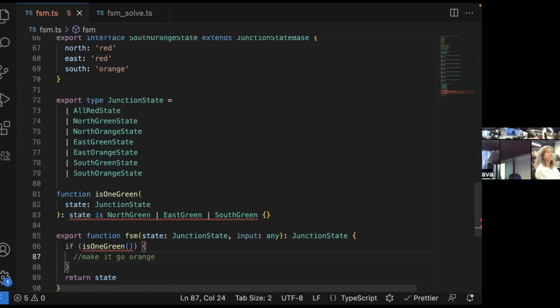Because what mocks do we need to test this? None. Who loves mocks? No one. Because they break all the time. Yeah, this is a pure function. You can create any state, you can give it any input, and then see if your logic is correct.